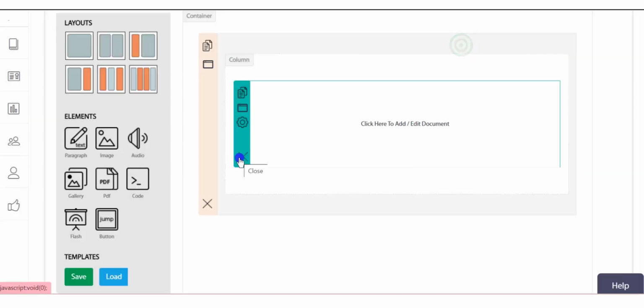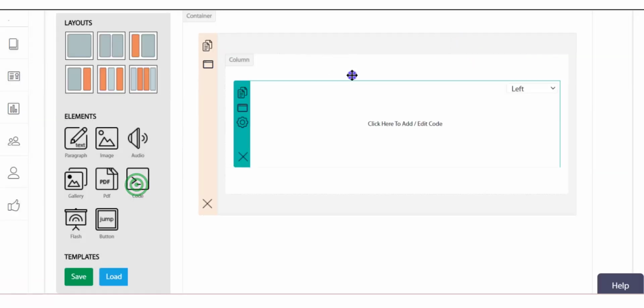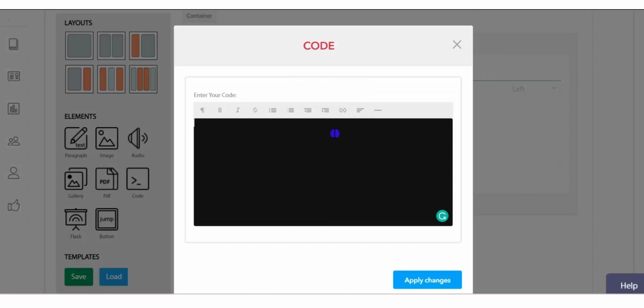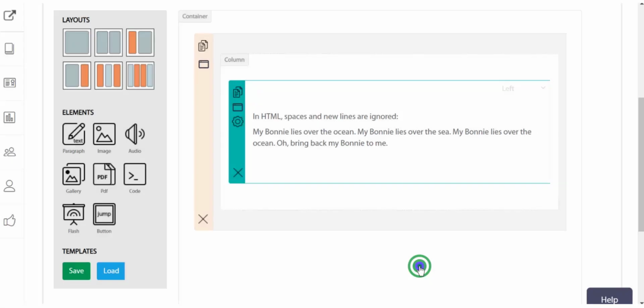Then the sixth element is the code, which lets you enter the HTML code as content for the lecture. This opens a wide range of possibility for the quality of learning content, from a simple text, image, video to a rich content. So, for example, I am putting a code here, clicking apply changes.